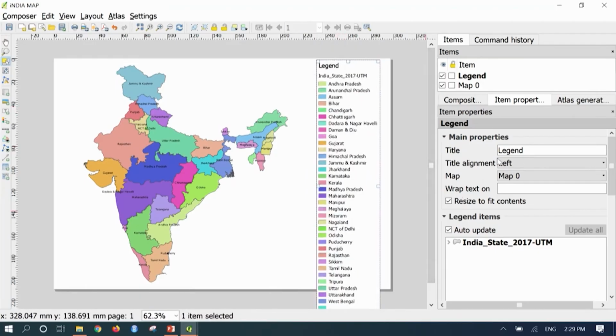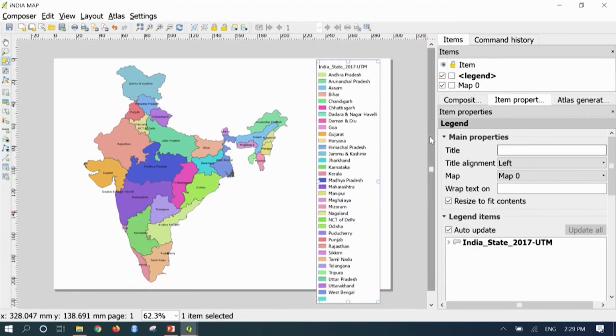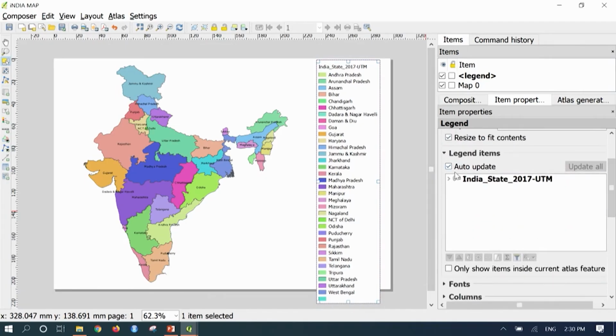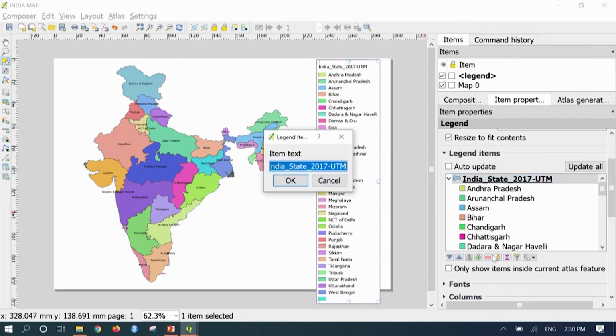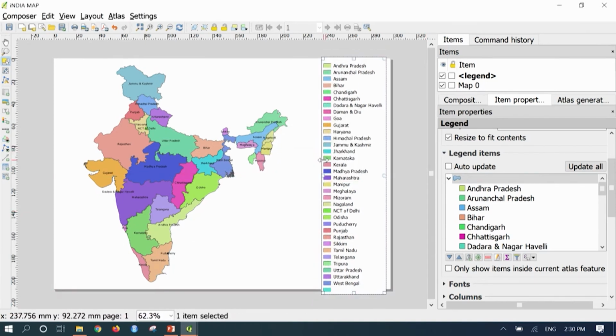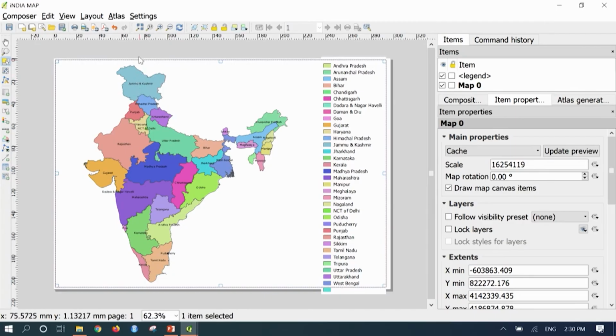Here the title we can remove, and if you want to change the legend items, you can uncheck the auto update button and then go and say edit here. Using the pencil button, you can remove these options. So now it has options for different states. Whatever state is mentioned, that is visible on the right side using the legend. So along with this, you could add a